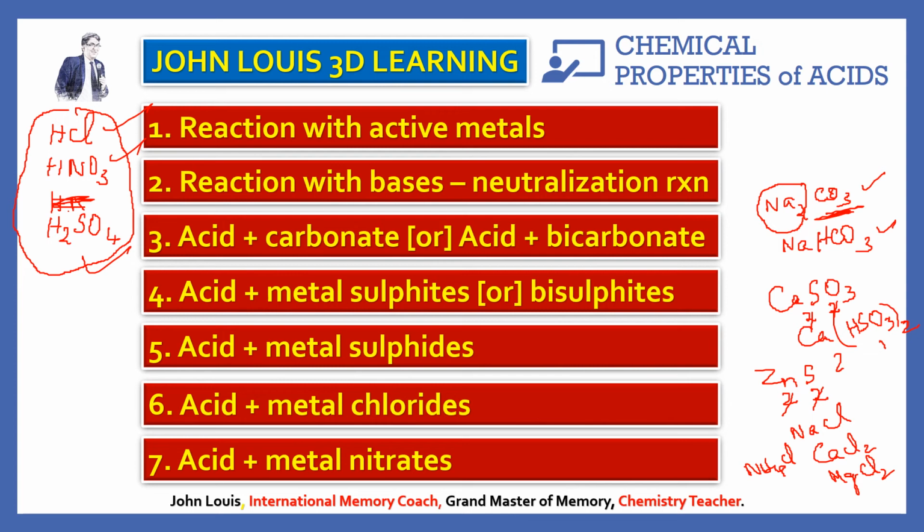And then last one, 7th property is acid plus metal nitrates. How do these 3 acids react with metal nitrates? So what are metal nitrates? For example, lead nitrate. So lead Pb, nitrate is NO3. So valency of lead is 2, nitrate valency is 1. Therefore if we interchange we get Pb(NO3)2, lead nitrate. Like this, each and every metal can form their respective metal nitrate. We should be able to get the correct formula, and we should learn how these acids react with them.